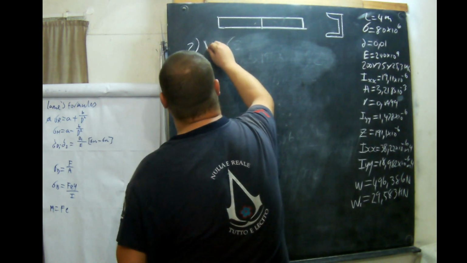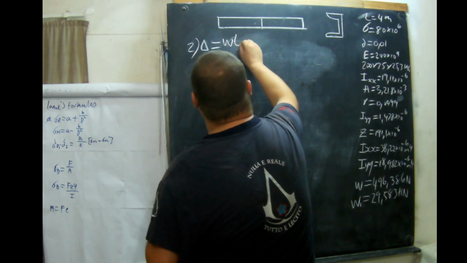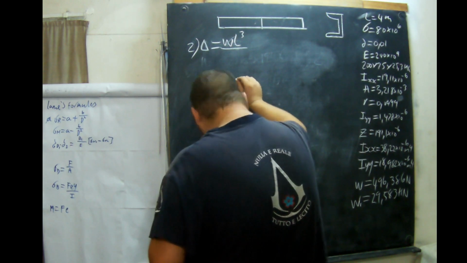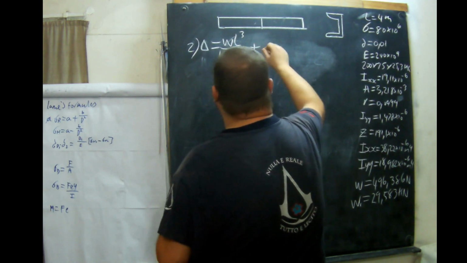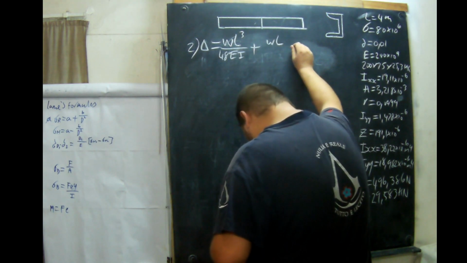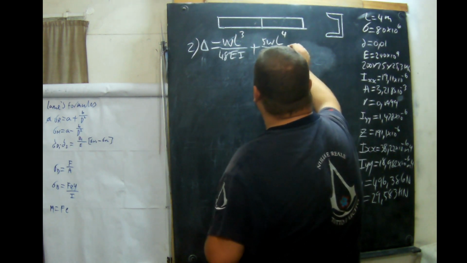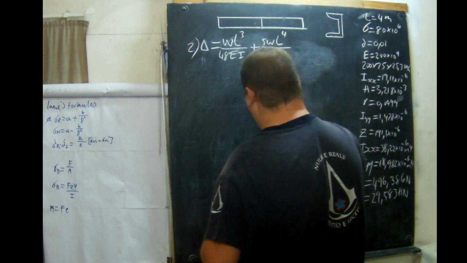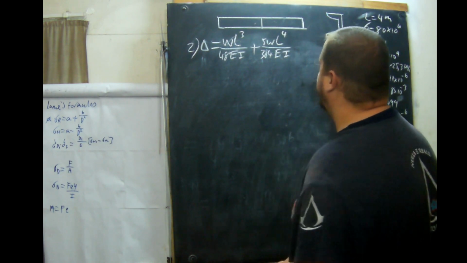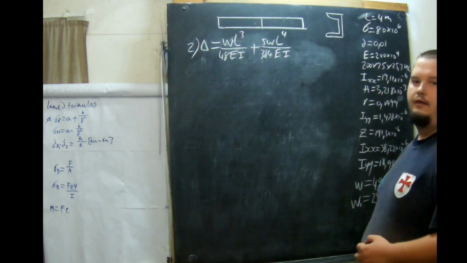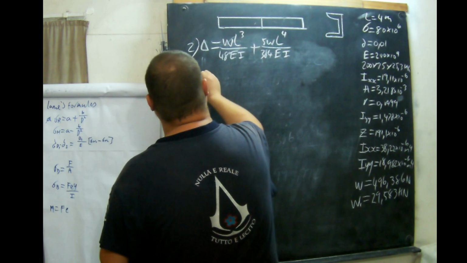So deflection equals WL^3 over 48 EI plus 5WL^4 over 384 EI. That is our formula. So what we're going to do now is say 0,01